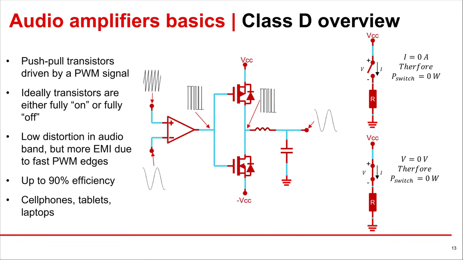Class D amplifiers are able to practically achieve 85% efficiency at sub 1% THD plus N. This makes them a great choice for small, portable, battery-powered speakers such as those in phones, tablets, and laptops. However, the high-frequency PWM introduces a couple of problems. Electromagnetic interference, which can be snubbed by including an LC low-pass filter on the output, and, due to the high dV/dt currents of the PWM, the Class D amplifier is not suitable to drive capacitive loads such as piezoelectric devices, as the repetitive current spikes will damage the FETs.